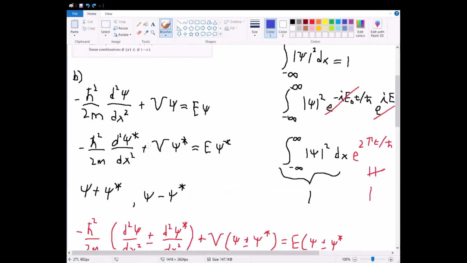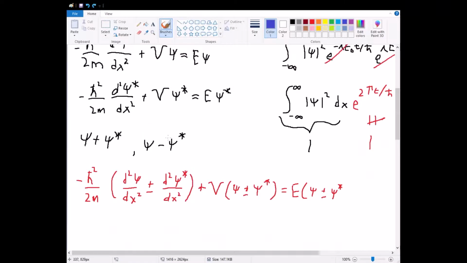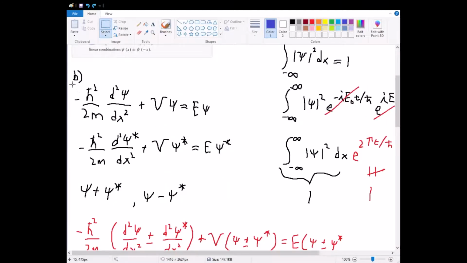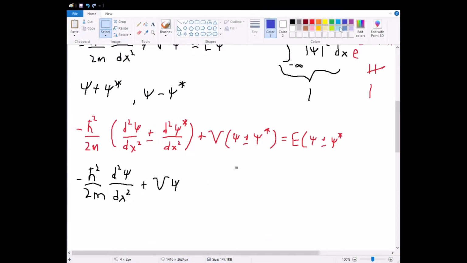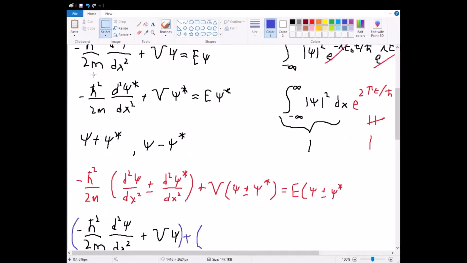It's still true because, well, let's write this out. If we write this out fully, then what we're going to get is this expression, and let's include this in parentheses, added to the bottom expression,